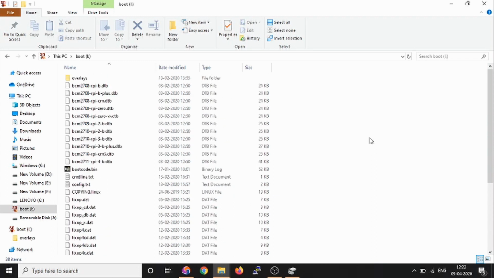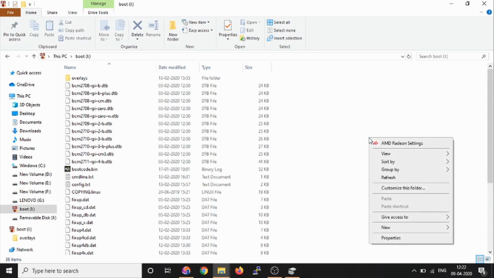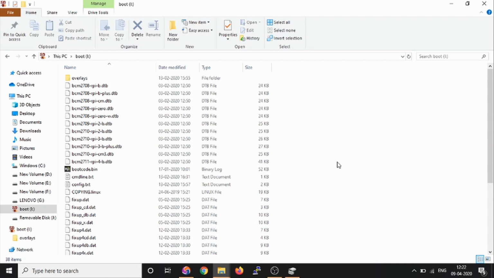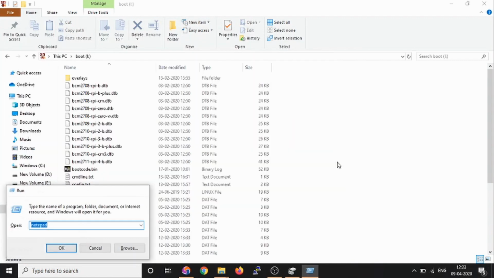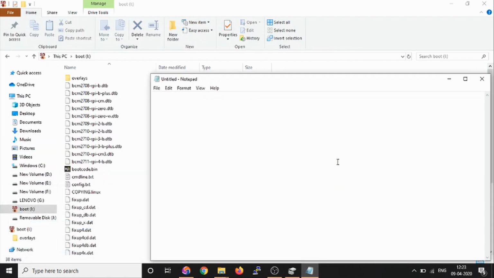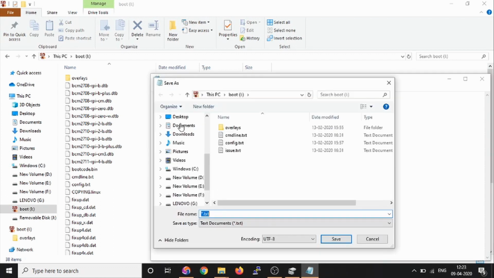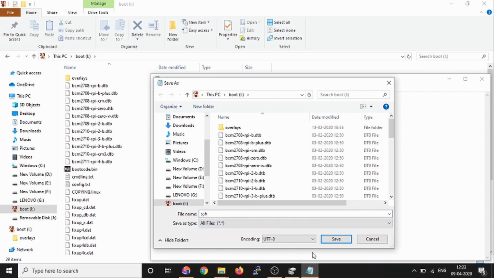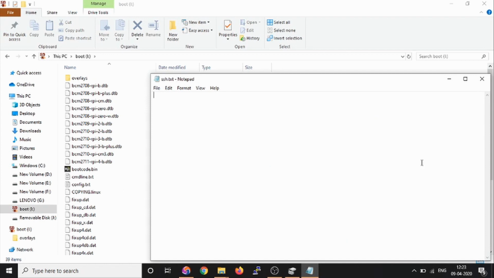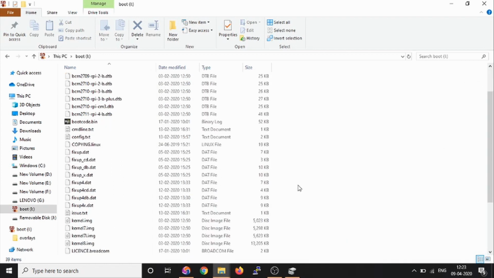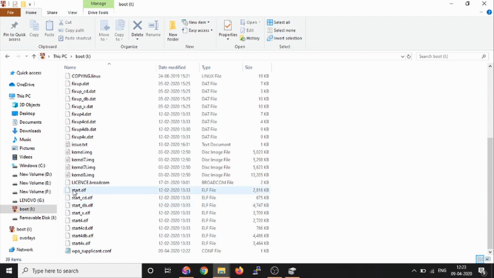Alright, so this has been saved in the boot folder. After that, we again create a new file. Here I enter just a single space, and then I name this file SSH. But that's a problem actually.